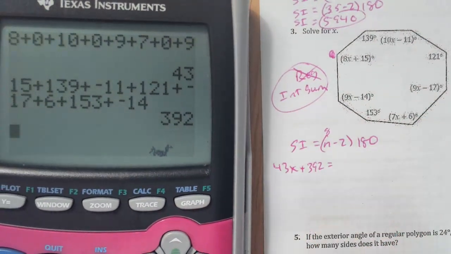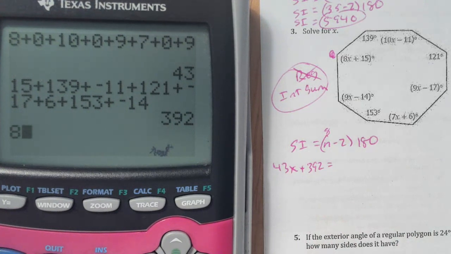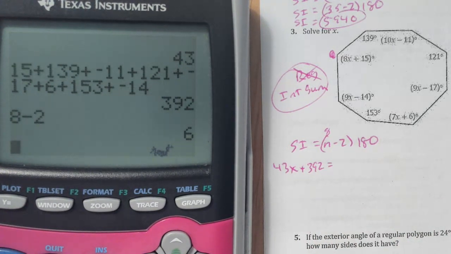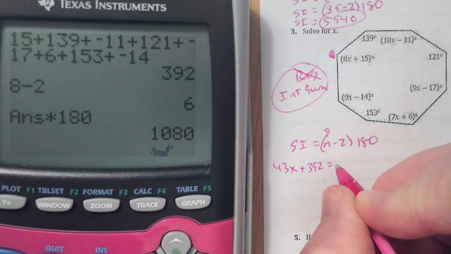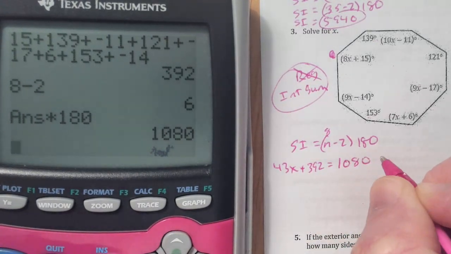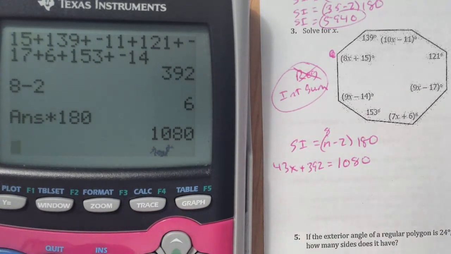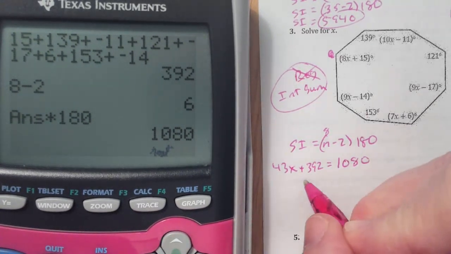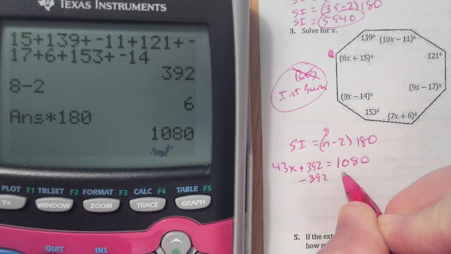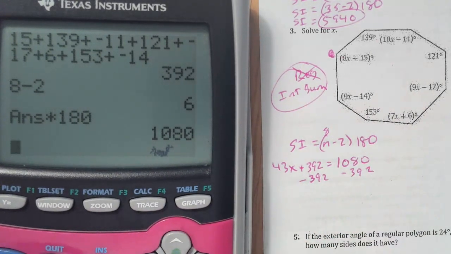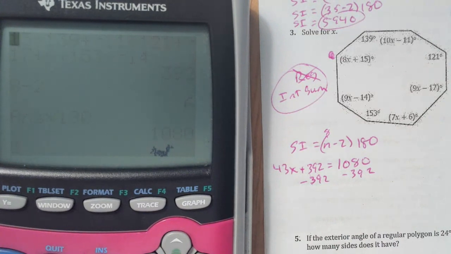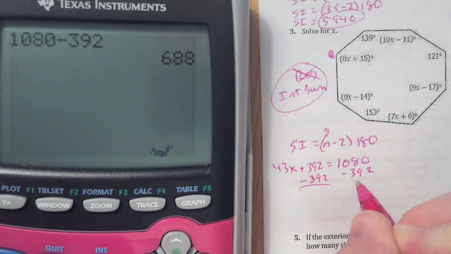So in my calculator, I'm doing 8 minus 2 equals, and then multiply by 180. So this side is really 1080. Okay, and then we're going to just solve like normal. So I'm going to subtract 392 from both sides. 1080, subtracting 392 from both sides, and I get